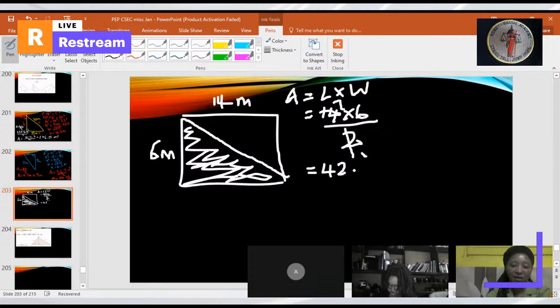What's the other way? Miss, the other way that we could find it, we could just use the right angle triangle, since the parallel sides in a rectangle are equal. The base would be 14 meters. So this is also 14, yes, miss. So focus on the triangle, half base times height. Yes, miss. All right, so that will be half